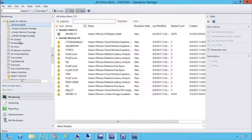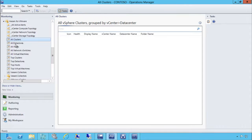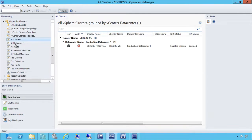I can view information about my alerts in this case, but also things like my clusters, my storage data stores, my hosts, all of the different components within the environment I can monitor from within Ops Manager, but now I'm monitoring a vSphere infrastructure. So if you're thinking, okay, well, I could use my vCops monitoring for VMware, or I could use System Center with the Veeam pack, they're two very viable options you could utilize for monitoring within that